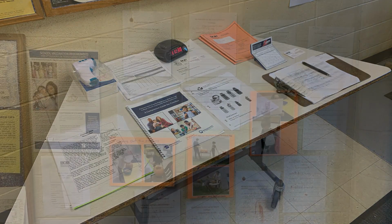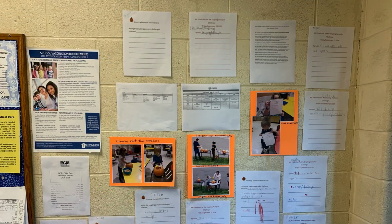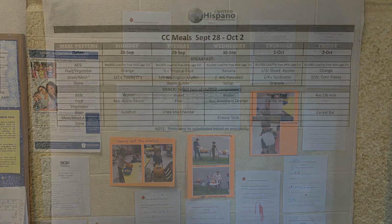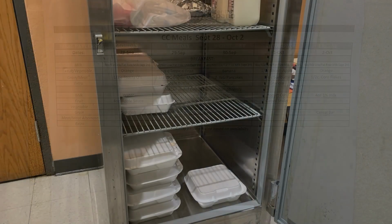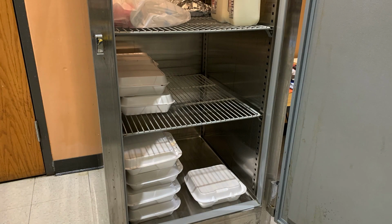We have implemented different pickup and drop-off requirements, so students get met at the door by the childcare worker. Parents bring them to the door, the staff meets them there, their temperature is taken, and then the screener is reviewed. Did you have any of these symptoms before coming into our center? We also have eliminated non-essential visitors into our building to continue to ensure health and safety for all staff and